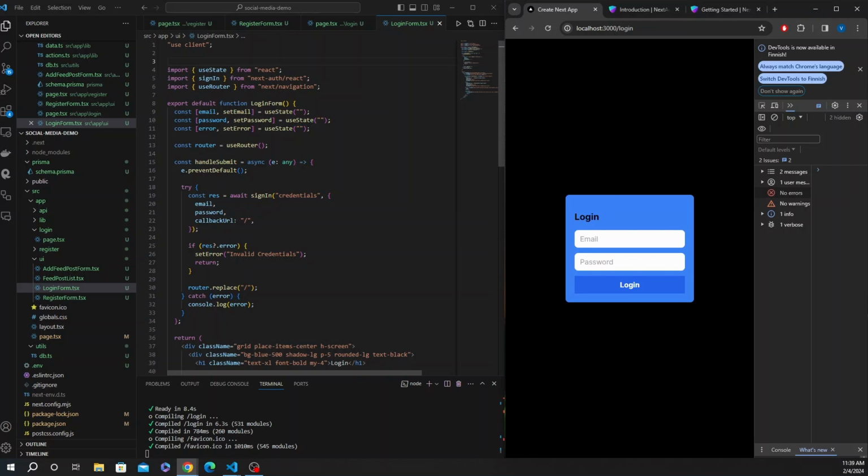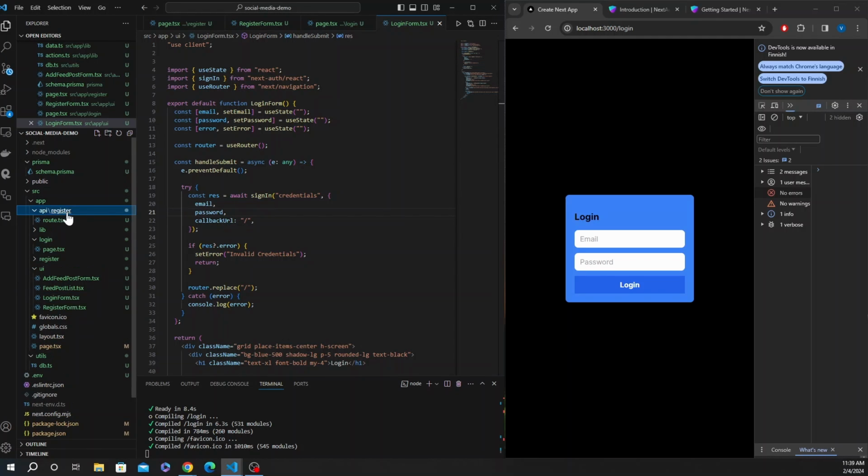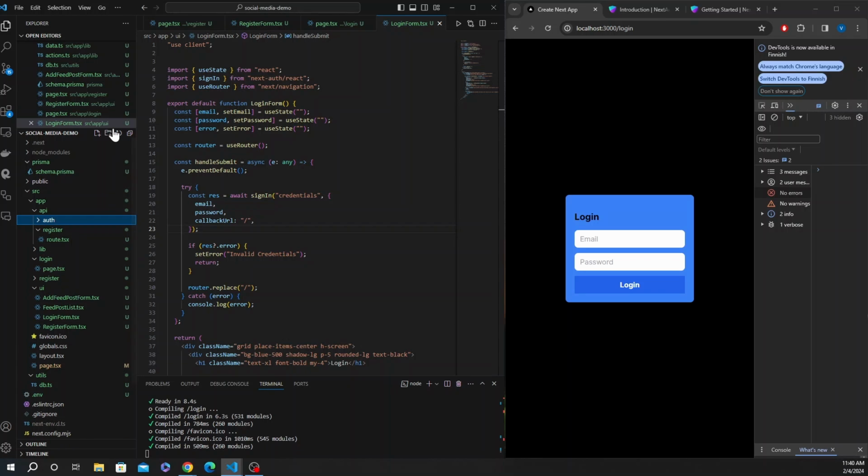And we still have one more thing to do. So we have to basically implement this signIn function right here. And to do that, we have to go here into our API. And then here within our API, we have to create a new folder called auth. And within this auth folder, we will create another folder with